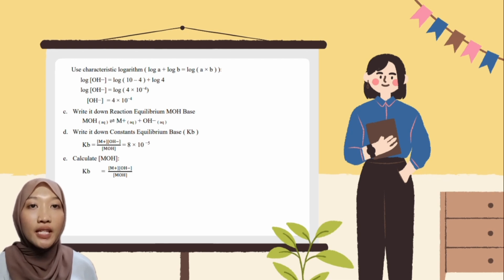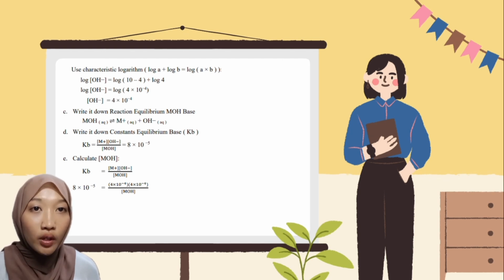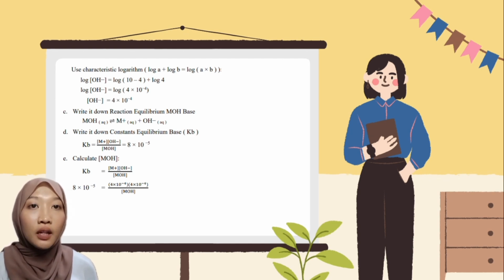Next, calculate concentration MOH with the formula. The Kb 8 multiply 10 to the power of minus 5 equals 4 multiply 10 to the power of minus 4 multiply 4 multiply 10 to the power of minus 4,